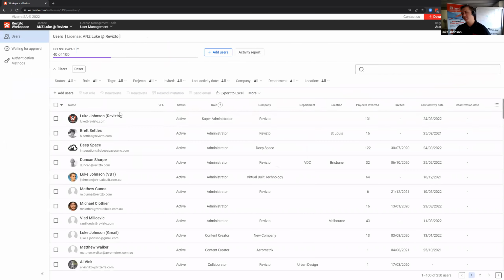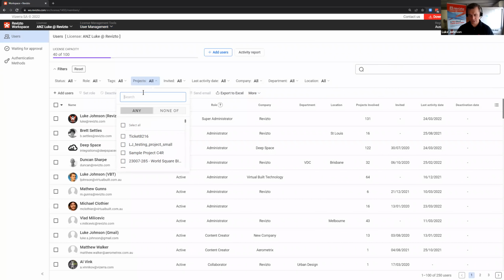And in user management, that's where we have things like last activity date. So it's saying, has this person interacted in my workspace? And this is the date when it's happened. So if I then wanted to limit this to a project, provided I've got access to user management, which is only admins, by the way, license admins. So if I went down to one particular project,